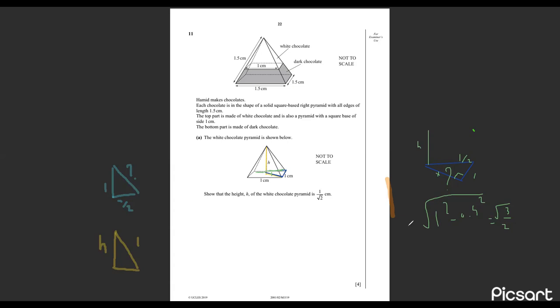So we get root 3 over 2. And here is the height, and here is the hypotenuse, which is 1. So the height will be equal to the square root of 1 squared minus root 3 over 2, all squared. It will be equal to the square root of 1 squared, on your calculator, 1 minus